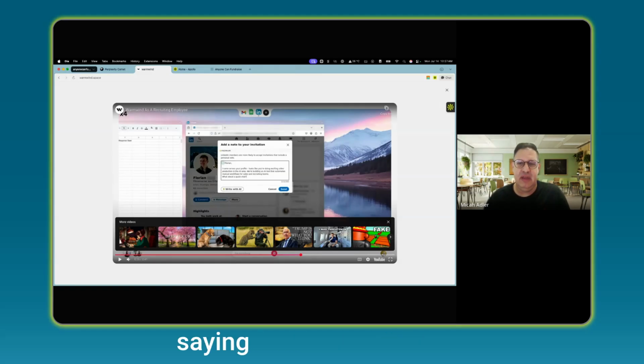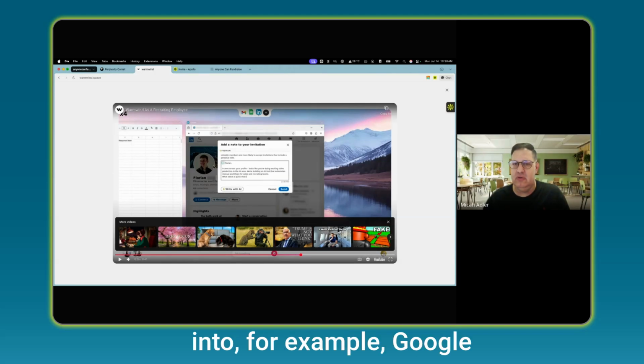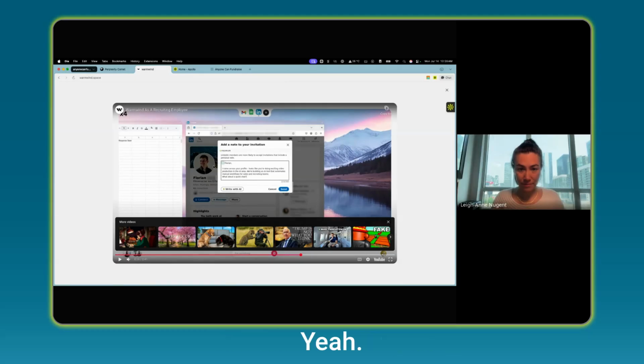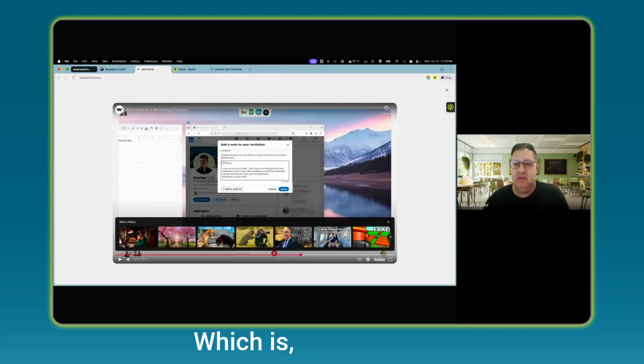Basically, what this is saying is if you're logged in, then you'll have access to whatever you're logged into, and its agents will be able to do stuff for you. If I'm already logged into, for example, Google Sheets, and I want to create a Google Sheet that has all kinds of formulas or whatever, it will do it for you. Then maybe it'll basically be your assistant who can do everything,